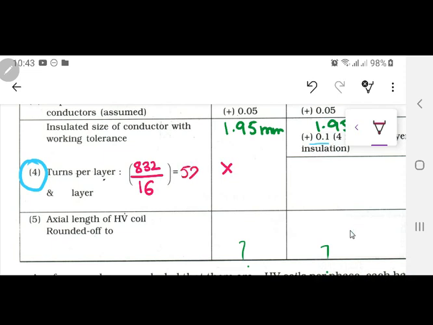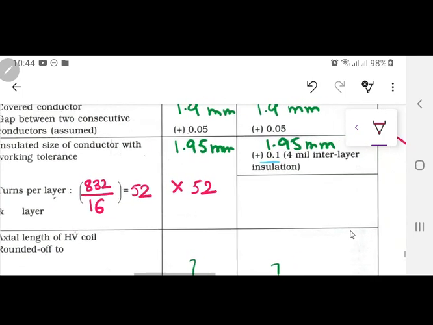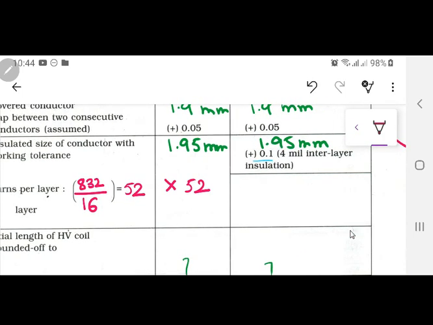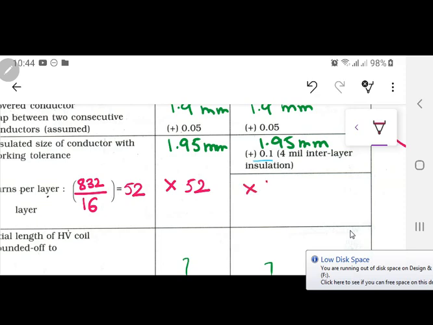So how much are you going to have lengthwise? 52 conductors. And on the radial front, जी, क्या होगा? अभी मैंने 1.95 मल्टीप्लाइड बाय 52 नहीं किया, अभी मैंने सिर्फ मल्टीप्लाइड 52 लिखा है जी. On the radial side what will happen? भाई रेडियल साइड में कितना इंक्रीज होगा? 16 कंडक्टर्स, 16 are radial wise, so this value is going to be multiplied by 16 here.